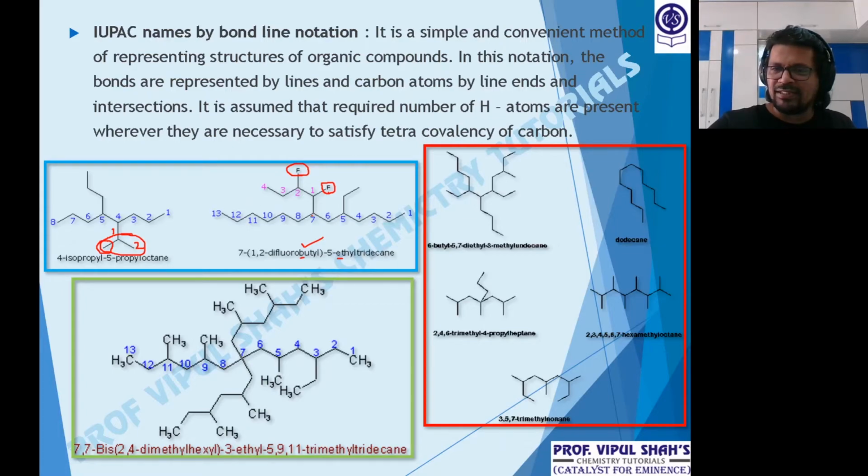Why butyl? Because one valence is short, attached to the main chain. Then at 5 we have 2 carbons, so 5 is basically ethyl, so 5 ethyl, and then skeleton of 13, that's what we call tridecane. Everybody understanding how this is? Okay, why numbered from right to left? So the branching gets the lower number. Now why did I give that 7 1? Because it's ultimately a butyl group and here it is ethyl, so butyl's B comes first, not the halo. So that's why 7, 1 comma 2 difluorobutyl, bracket closed, 5 ethyl, skeleton of 13, tridecane.